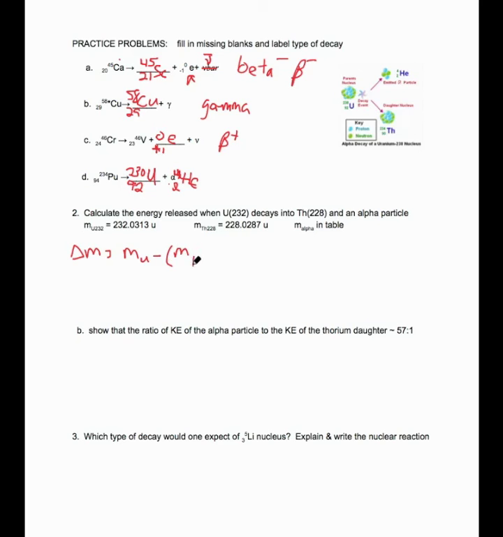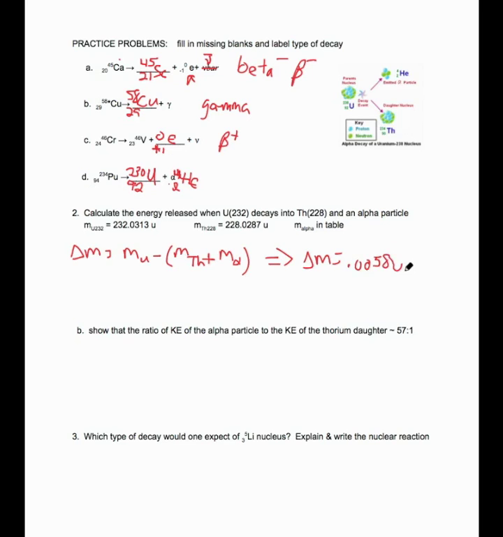Since my writing is not very good, I'm not going to write in the actual numbers; you can work that out for yourself. These are in the table on the other page. When we work it out, we see that delta M is